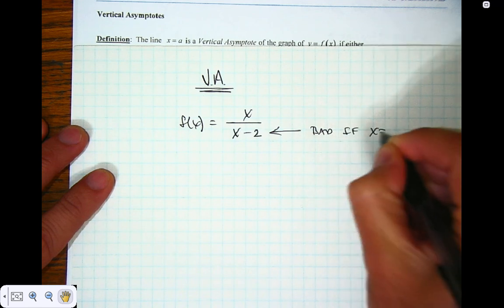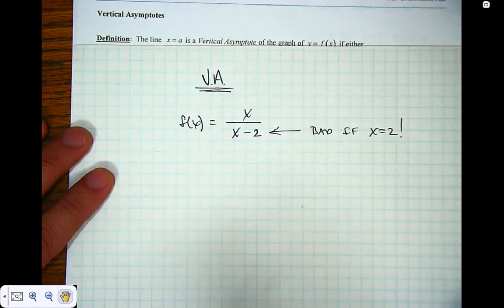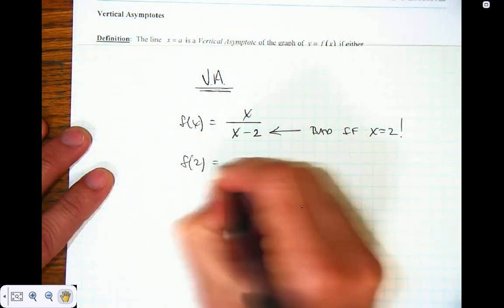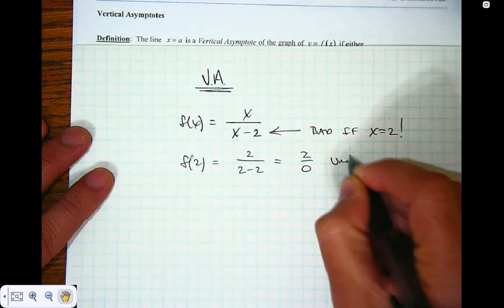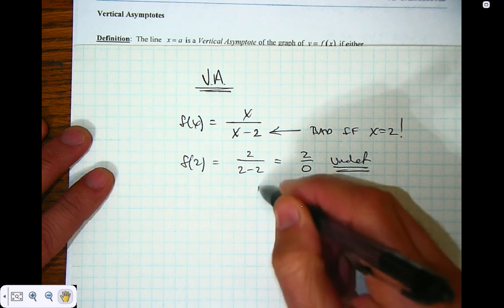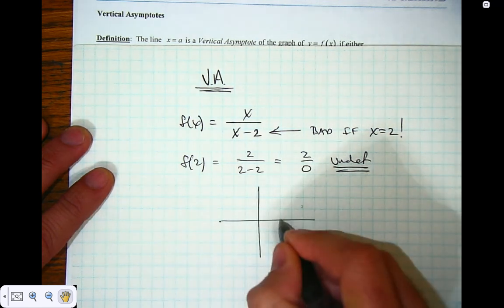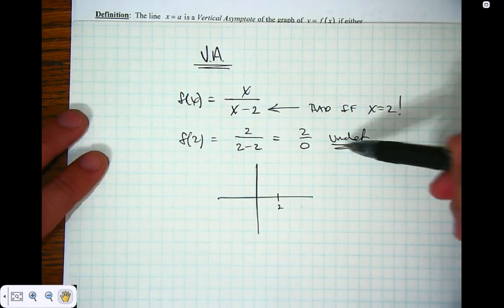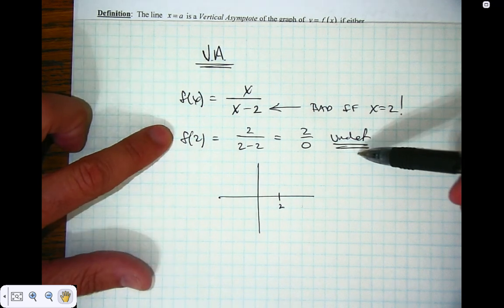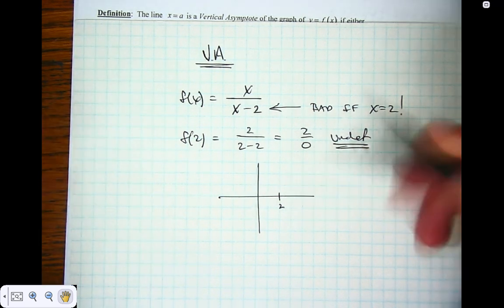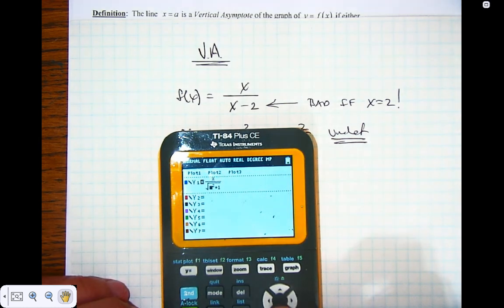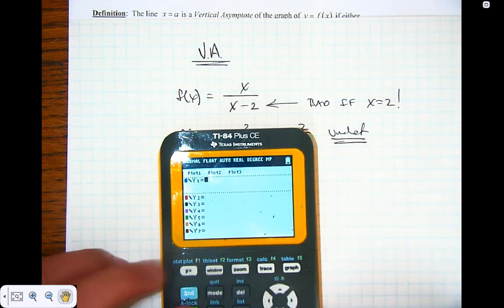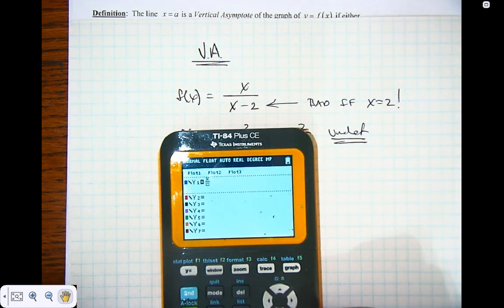if x equals 2, right? Because if x equals 2, the function value of 2 is 2 over 2 minus 2, which is 2 over 0, which is undefined, which means as I come to that value of 2, I cannot define the function value, so I can't put a dot down, okay? And if you guys looked at this graph in pre-calculus, right, and you put in x over x minus 2,